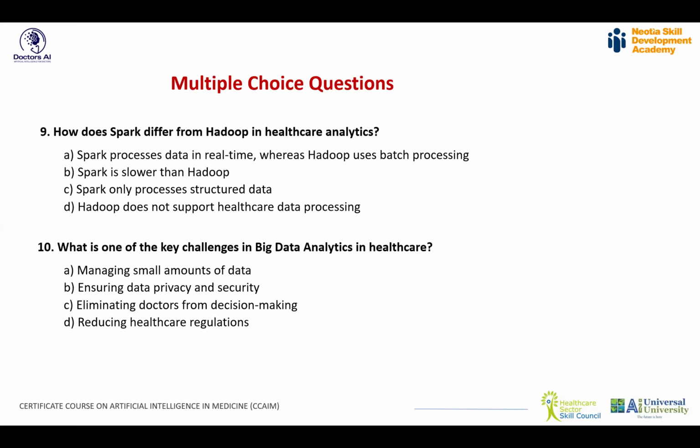Yes, excellent, super. Spark helps us in real time, whereas Hadoop uses batch processing because it is a distributed thing. Now, based upon the type of AI application in healthcare you'd like to build, where you are using big data, you need to consider which technology you should use. Technology selection is also very important because your entire model will work on data.